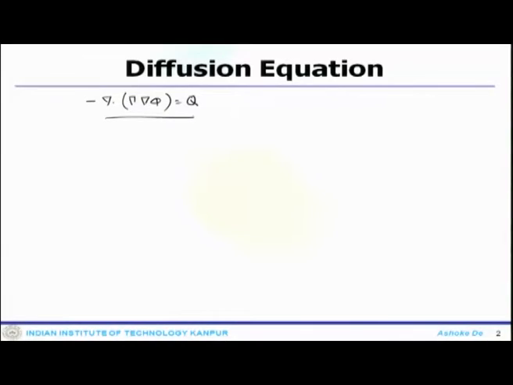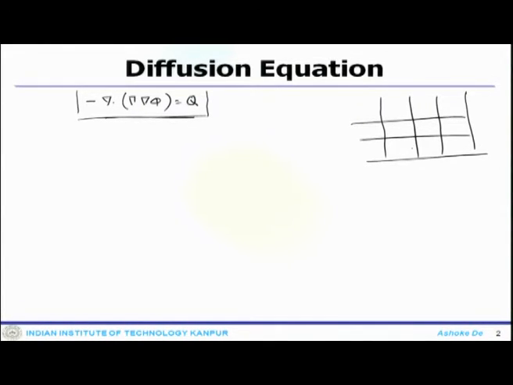So, welcome to lecture number 14 of this finite volume series, and we will continue our discussion on the diffusion equation. What we have done so far is essentially looking at the two dimensional system, and before we begin, we will quickly give you a recap. This is the governing equation that we have looked into.